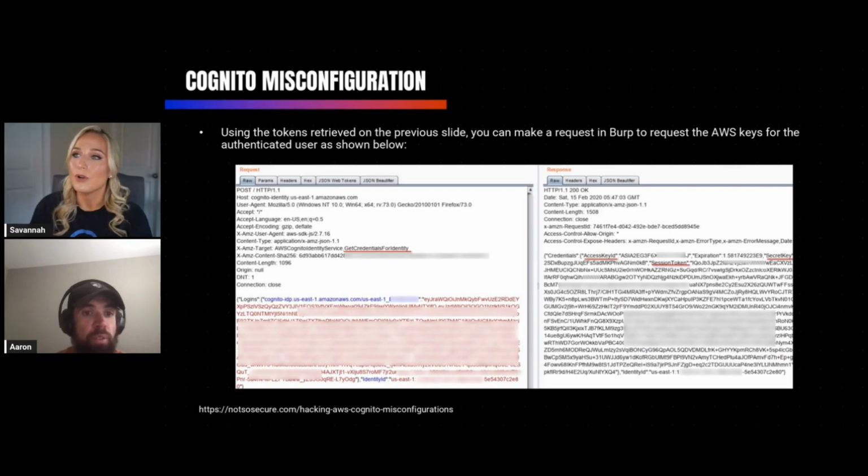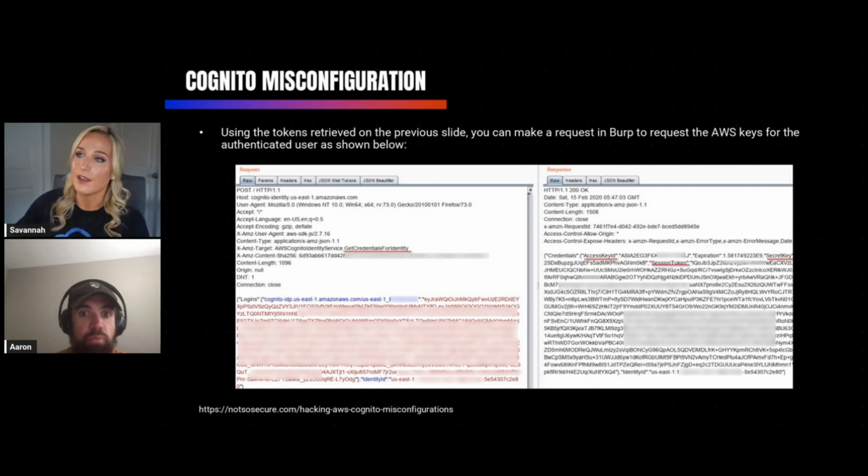Once you have those tokens, as I was mentioning before, if you have the identity pool ID, you can typically send a certain type of request, and that will provide you the identity ID associated with that identity pool ID.